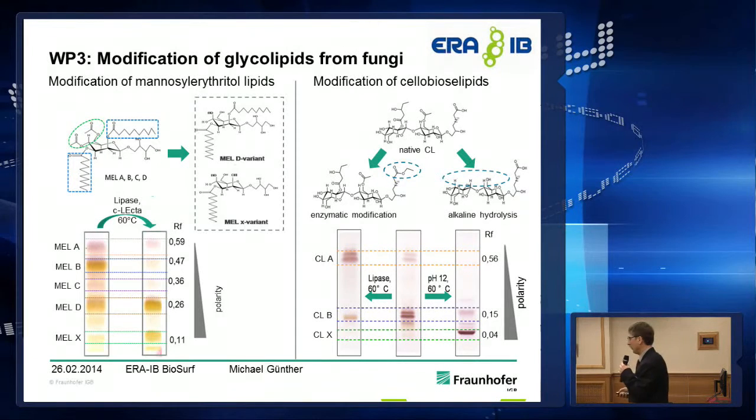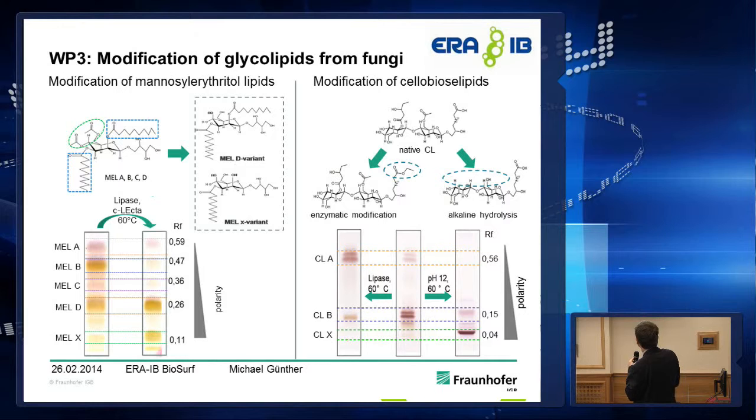Here you see what you can do with enzymes and downstream processing in modification on glycolipids. Again, I show you the MEL and here the CL compounds. If you treat a normal fermentation from a MEL-producing strain, you can basically collapse the MEL structures by lipase treatment to MEL-D and MEL-X variants, which is the deacylation, deacetylation by the lipase. So what you do here, you basically move to a higher polarity of the MELs in this